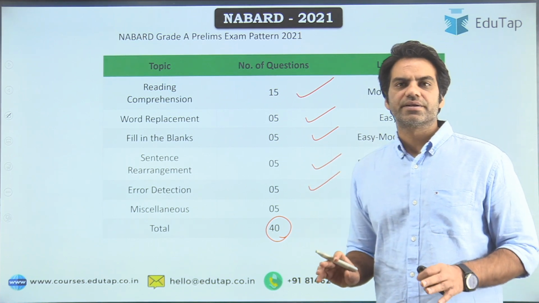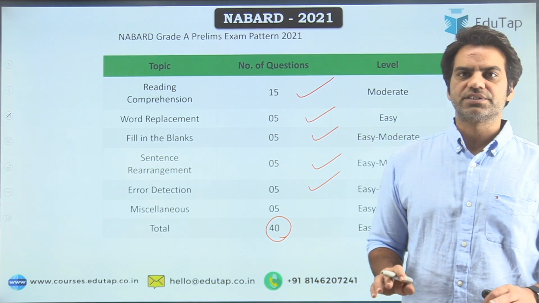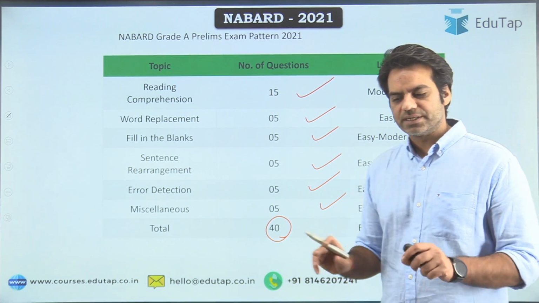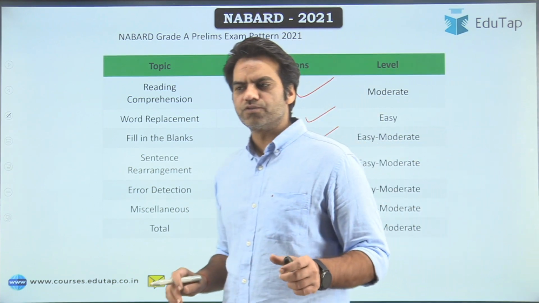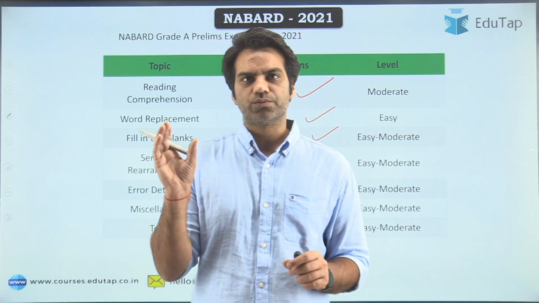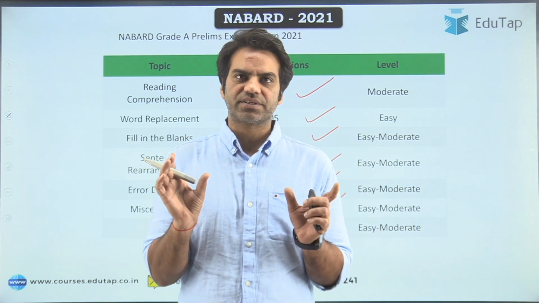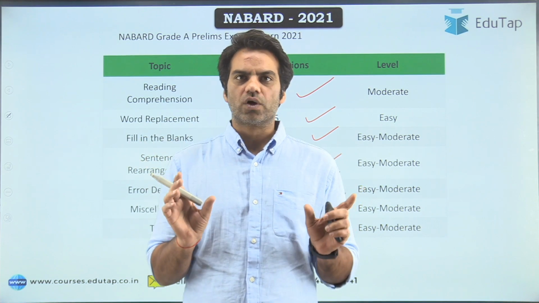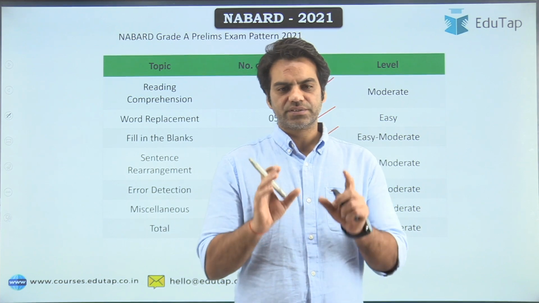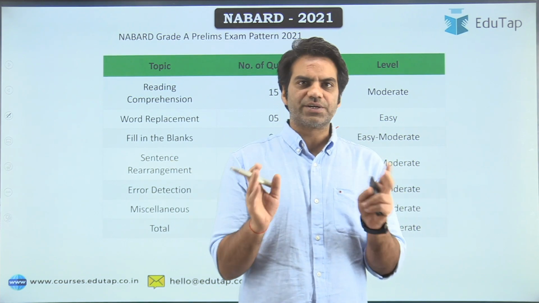So 10 marks are allocated to grammar out of 40, which is a very important section. And then there are 5 questions that were basically a mix of sentence improvement, word rearrangement, and those column based questions where you had to match half of the sentence with the other half of the sentence in the given 2 columns. So there were 3 sentences which were broken up in half, and they were put in